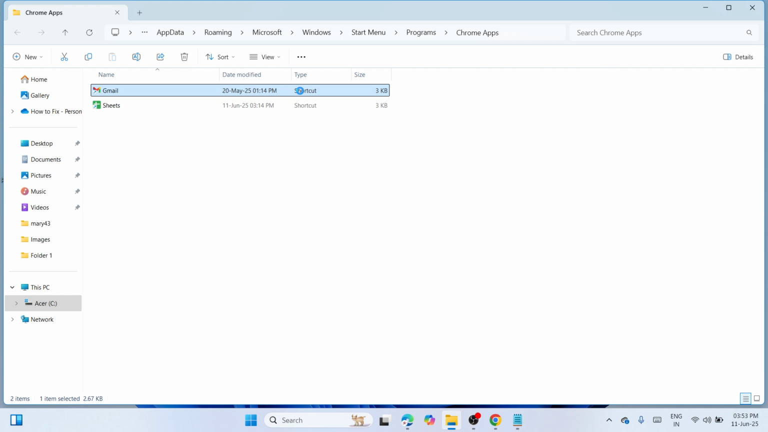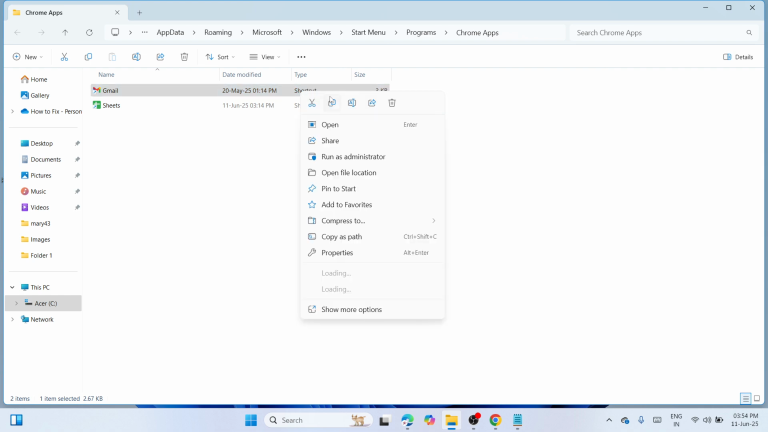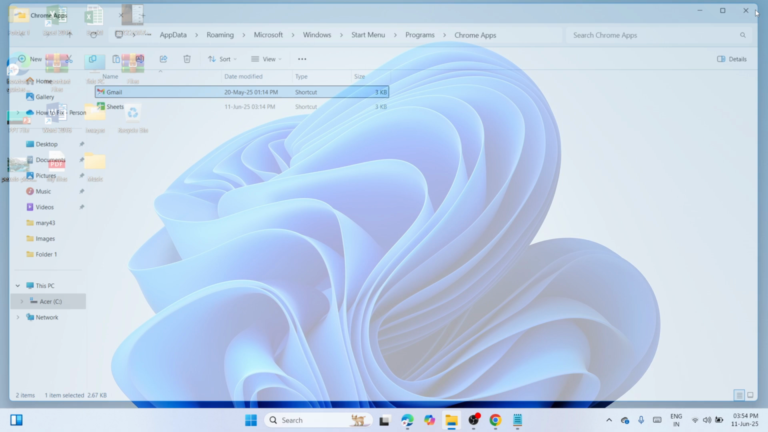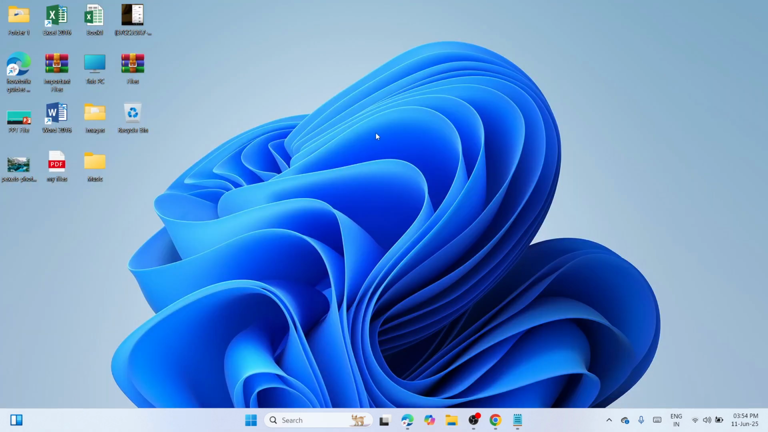Make a right click here. Then you need to go with this copy icon. Close the window opened and here at this desktop, please click on paste. Okay. So once you have successfully created a Gmail desktop shortcut, you need to proceed to adding or pinning